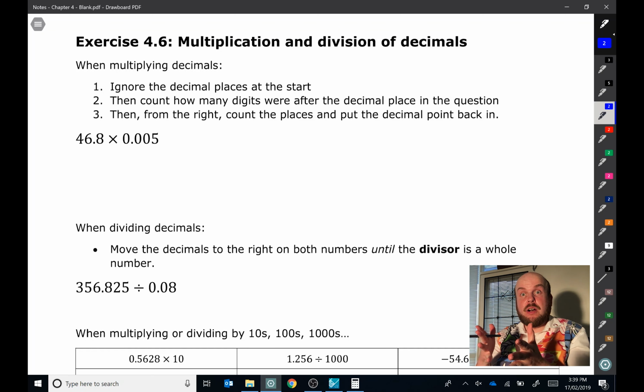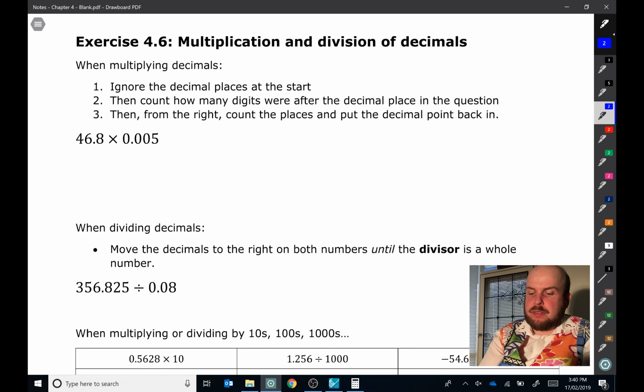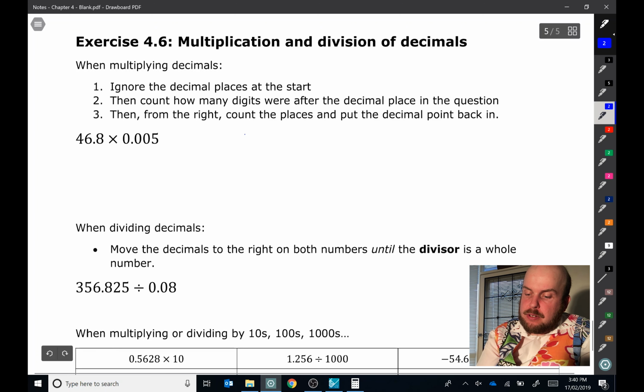Multiplying and dividing of decimals. The way that we do this works very similar to just dividing or multiplying whole numbers. I would suggest wherever possible we try to make them as close to whole numbers as possible, and then we'll worry about where the decimal places go afterwards. So here we've got 46.8 times 0.005. The first step you do is just ignore the decimal places for now and line them up as you